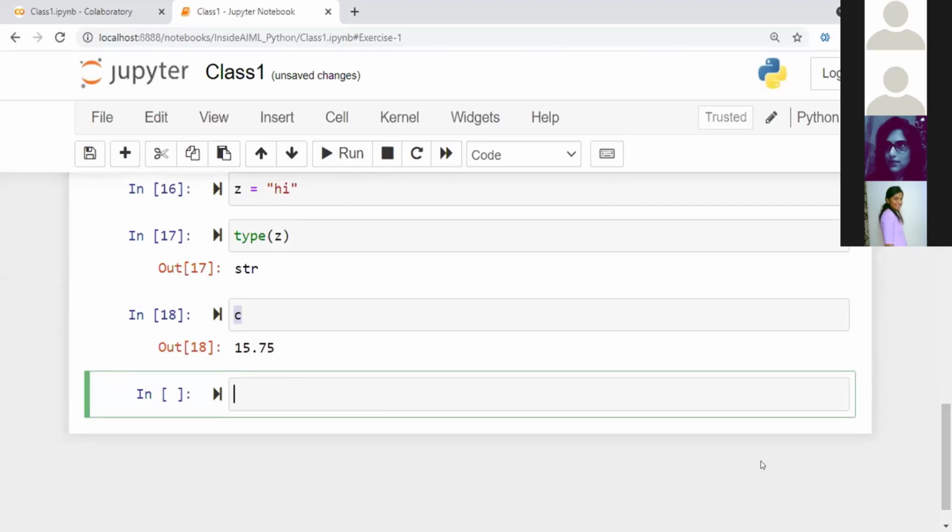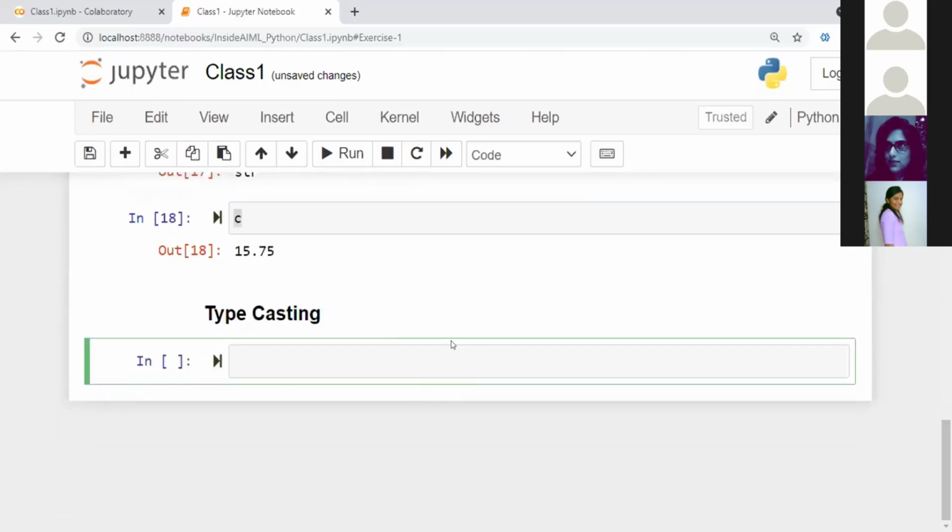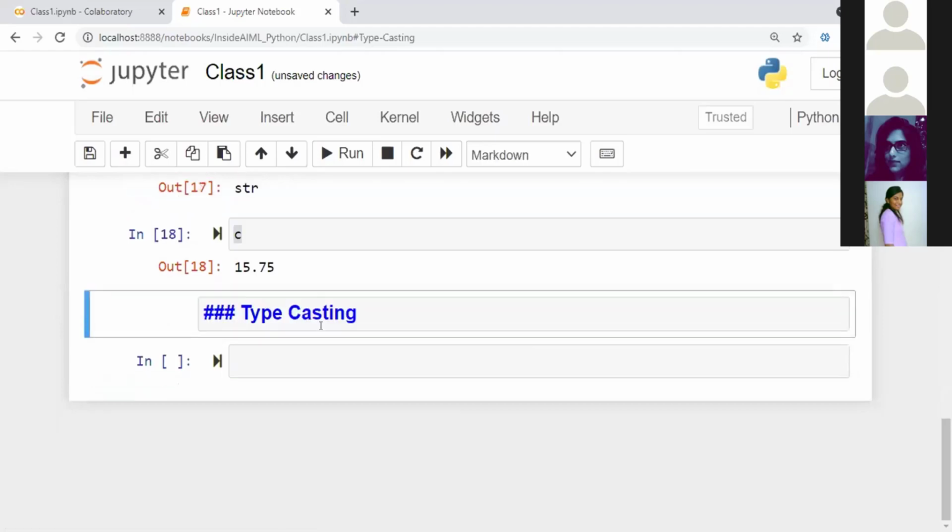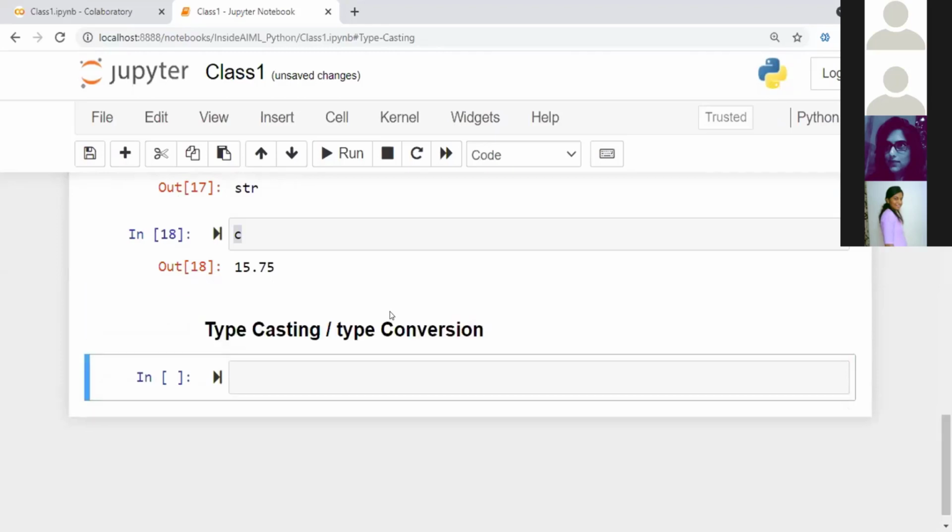So there is a concept called typecasting. I'm just putting that as a heading so that you can see that this is a new topic that we are discussing. Typecasting or type conversion, you can call it either of the two things. Typecasting or type conversion is a process in which you can convert one data type into another data type.